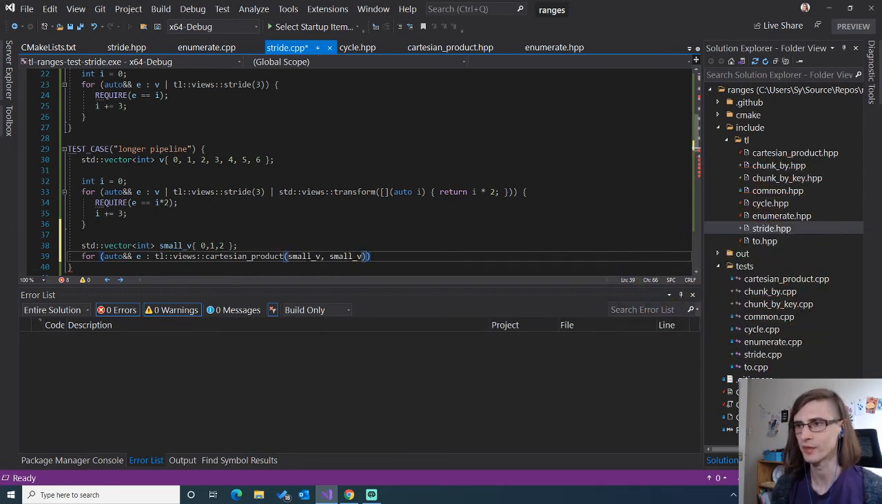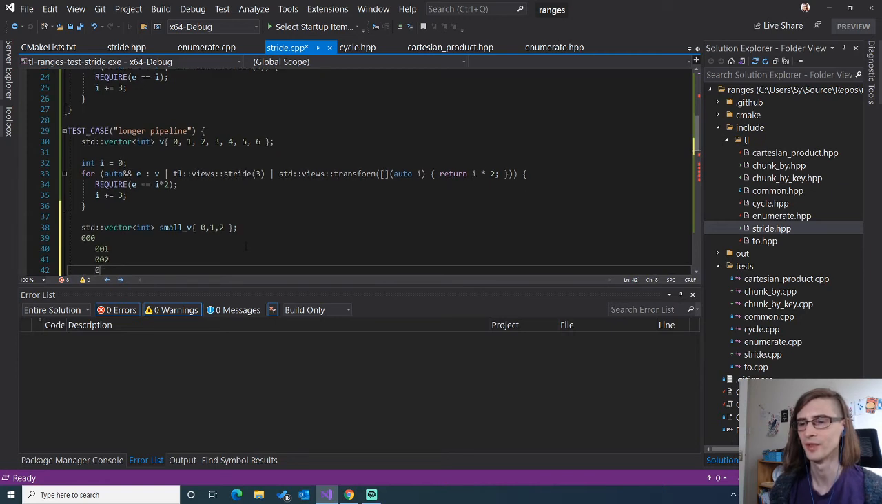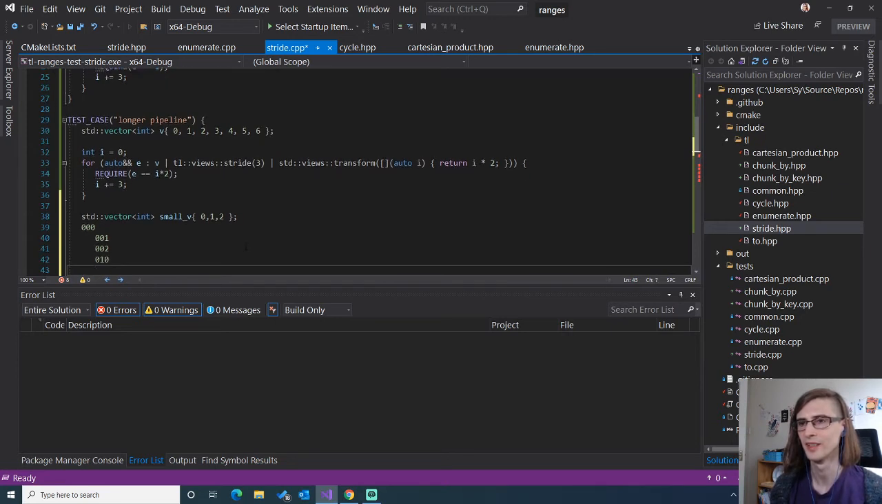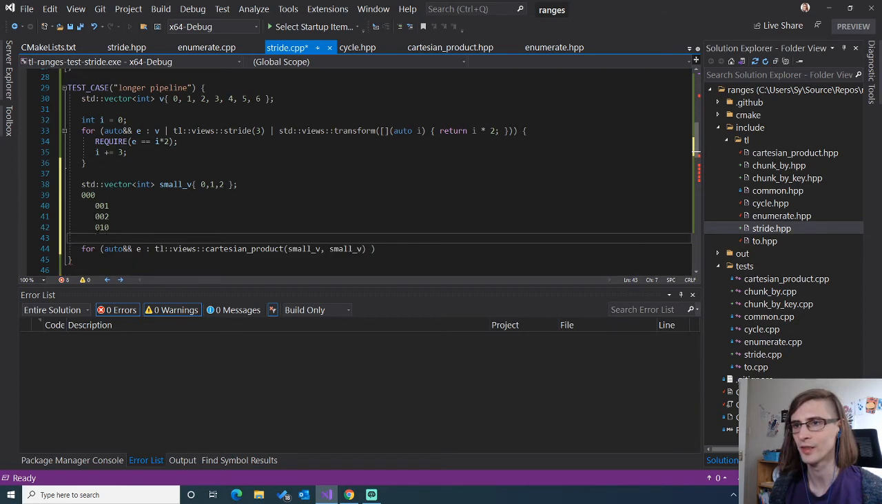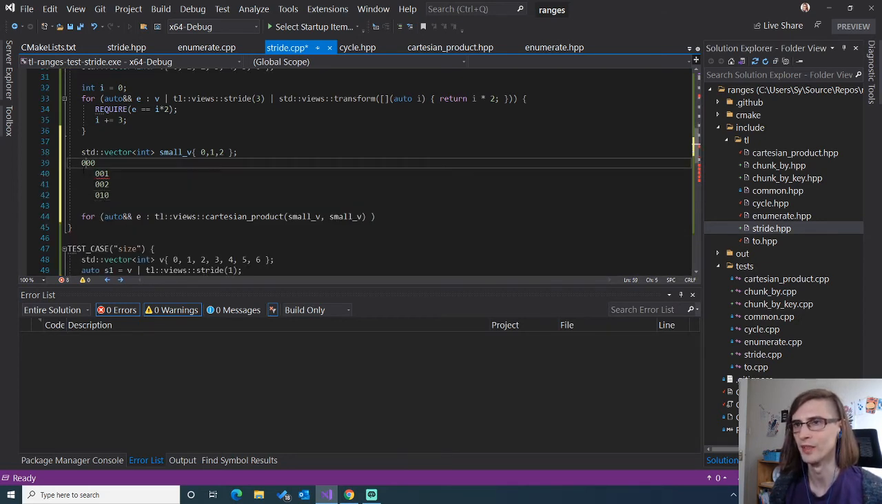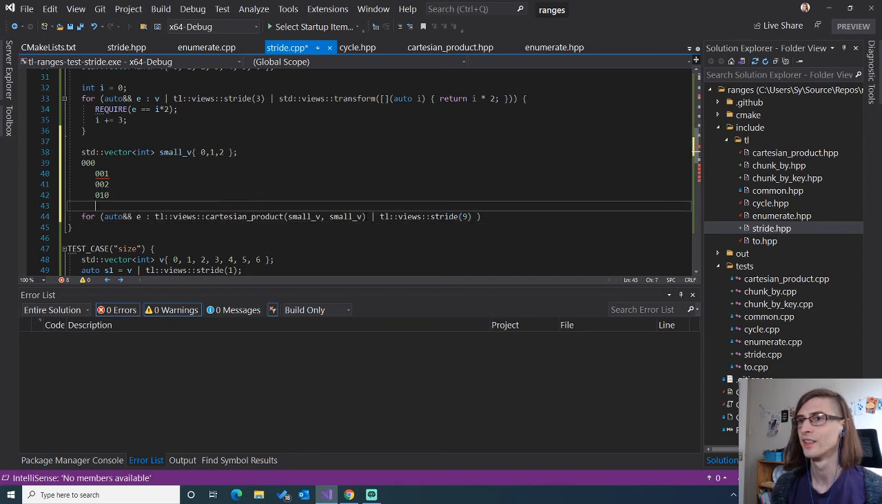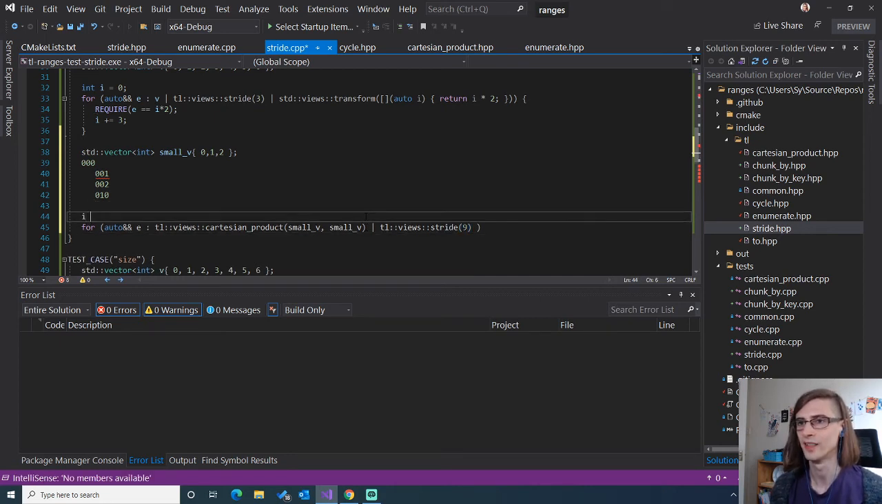So we have Cartesian product of 2 vectors. Then that should be 0, 0, 0, 0, 0, 1, 0, 0, 2, 0, 1, 0. So every third one will increment that. Every 9th one will increment the first place. So then if we say TL views stride by 9 and say I equals 0,